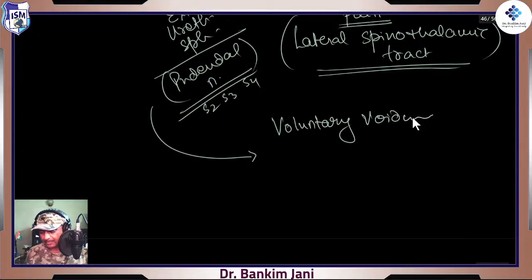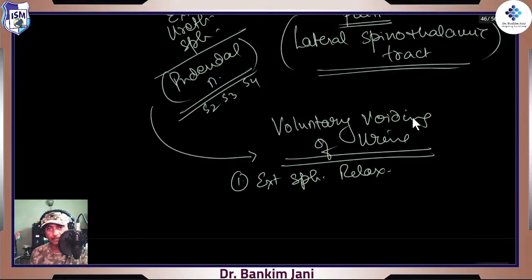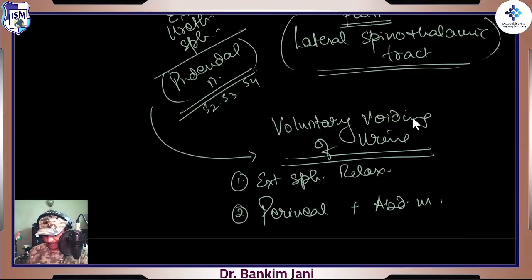voiding of urine occurs. First thing first, that external urethral sphincter, that is the pudendal nerve, is told that you have worked enough, now stop it, right? So it is this external sphincter that relaxes. Joint effort of all those perineal muscles plus abdominal muscles, they generate the pressure, right? And